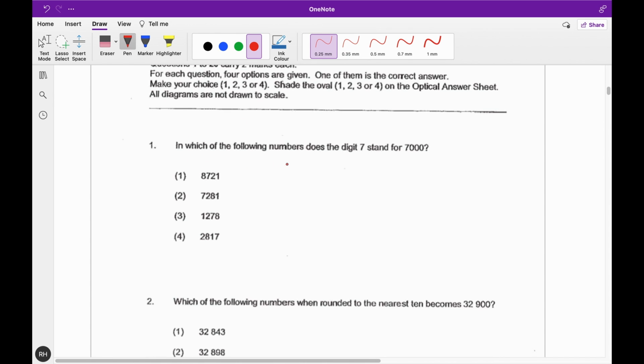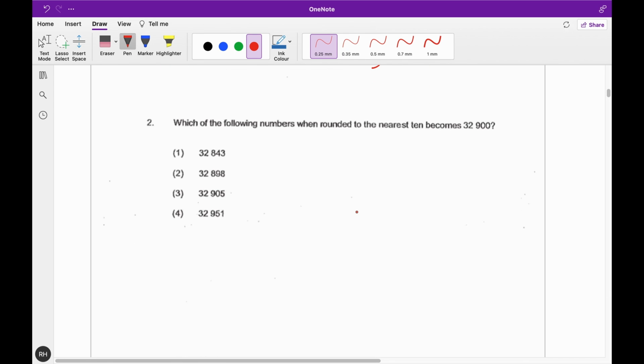Question 1. In which of the following numbers does the digit 7 stand for 7,000? Okay, so 7 and 7,000. So we have 1,000 placing, so the answer is option 2. Question 2. Which of the following numbers, when rounded to the nearest 10, becomes